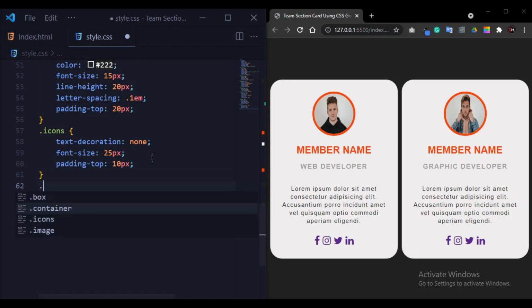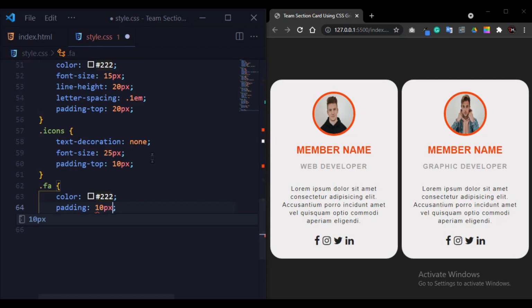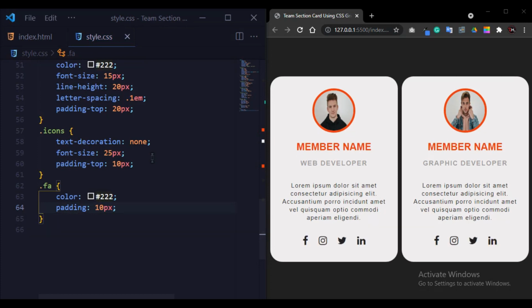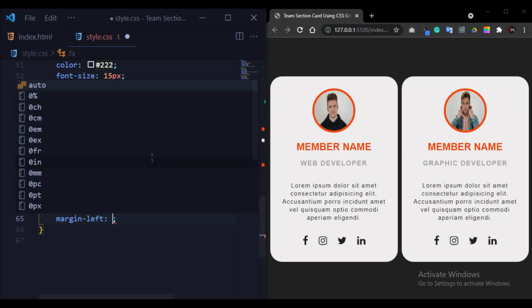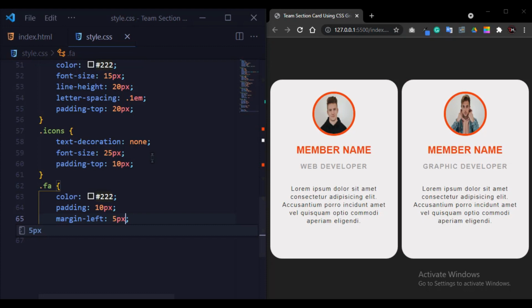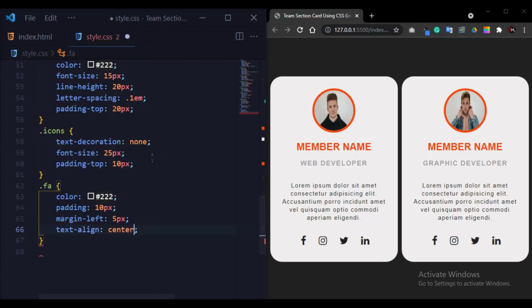After this we will change the icons color and hover effect, so let's do it. First of all I will change the color to #222, means black. Now give some padding between the icons, so 10 pixel. After this give some margin left 5 pixel, and text align center.